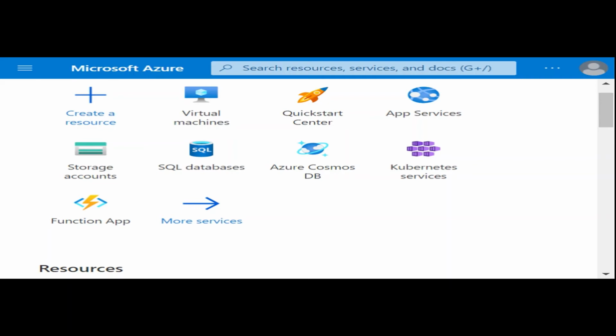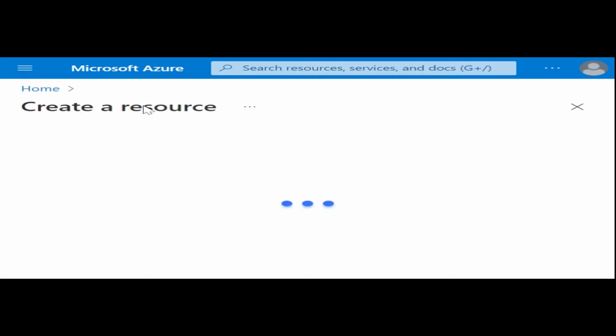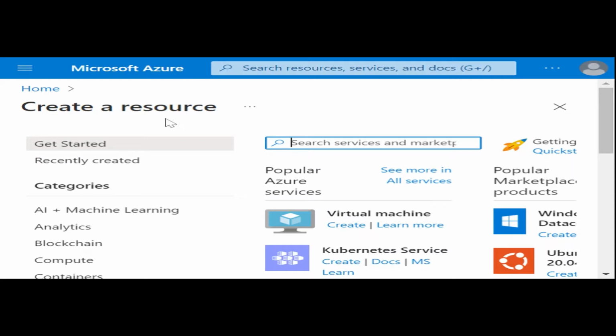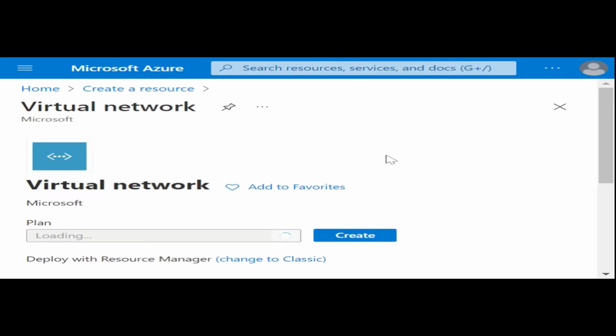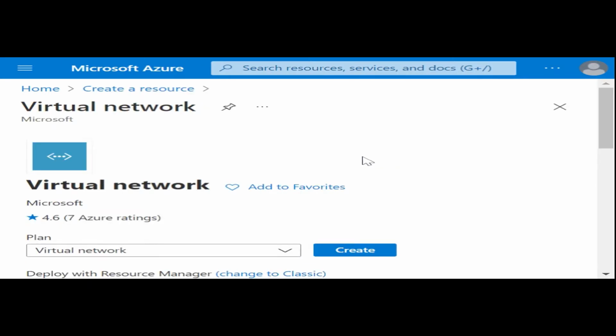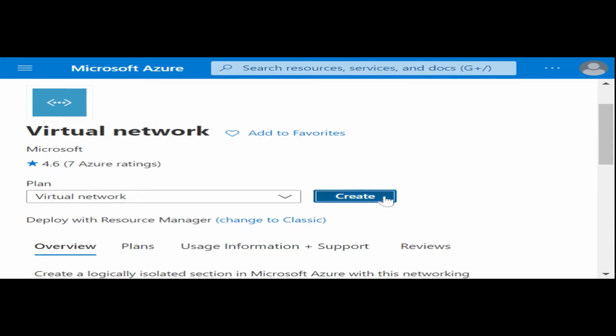Hello everyone. Today we are going to discuss creating a virtual network using Azure portal. For that, you have to click on this create resources, then type here virtual network, then click on this create,